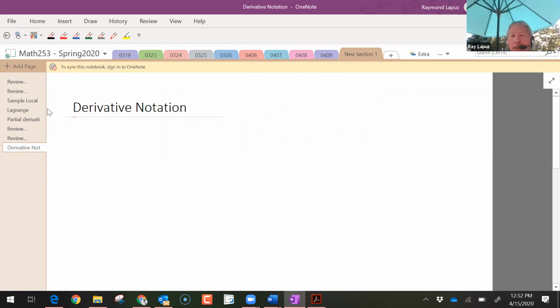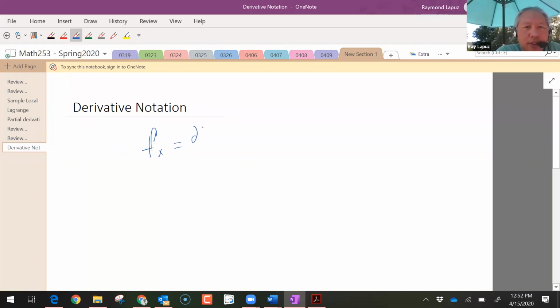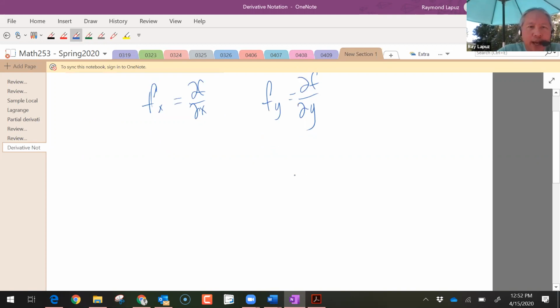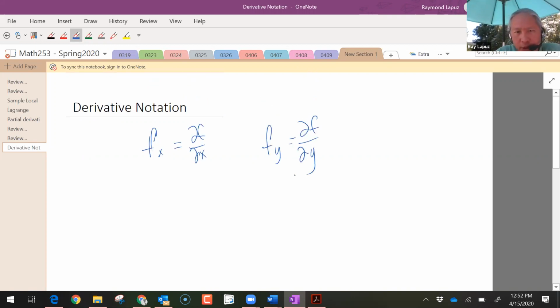Let's talk a little bit about that. The first derivatives are pretty clear, right? So when we say f sub x, that's partial of f with respect to x. F sub y is the partial of f with respect to y. Now the tricky part is what happens when you start doing double derivatives. So you have f, the xx is pretty straightforward, but what you need to know from the